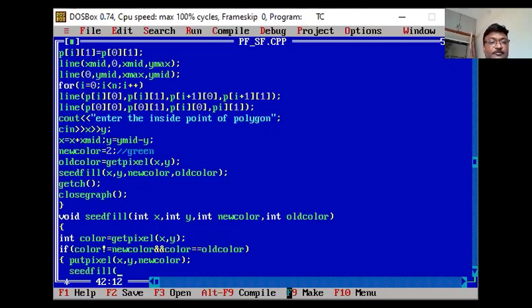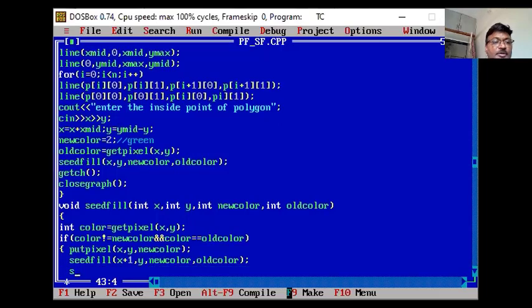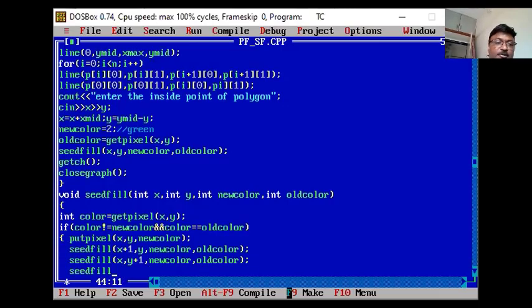I have considered x plus 1 first, y with my new color and old color. Again you have to write seedfill with x comma y plus 1, new color comma old color. Again seedfill call with x minus 1, y, new color comma old color.